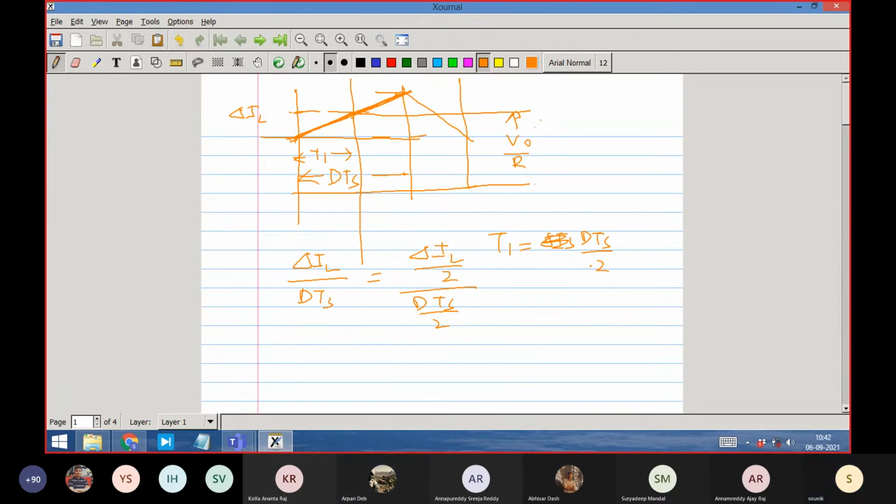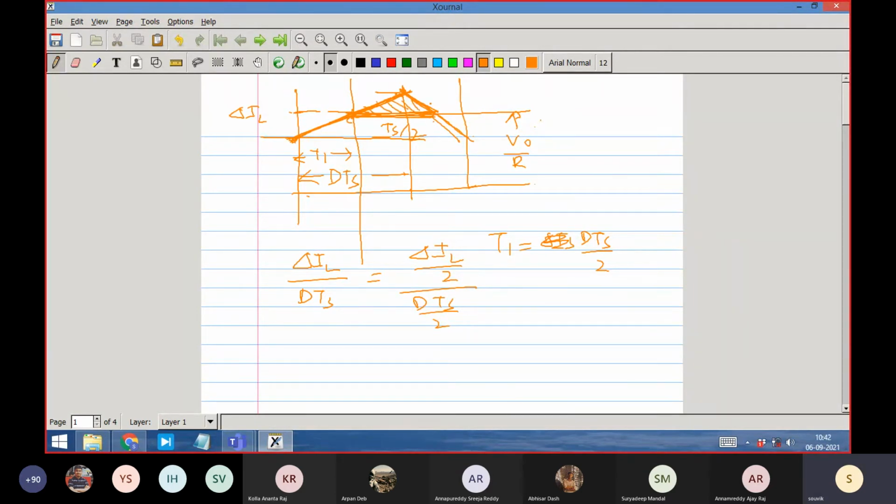Okay, sir, understood. This is linearly increasing, right? It goes from there to there, delta IL, in a time dTs. So how much time does it take to go to this? That must be dTs by 2. Similarly, while falling, this must be (1 minus d)Ts by 2. So this duration must be simply Ts by 2, when the current is positive and the capacitor voltage is increasing.